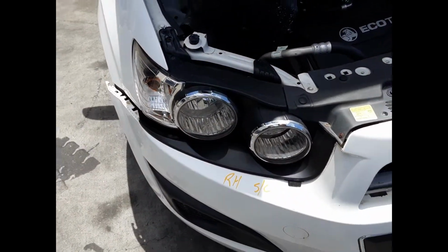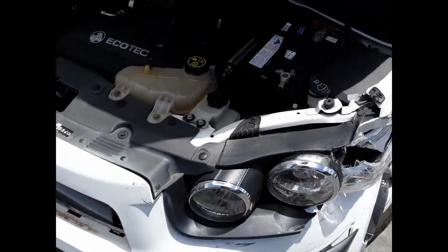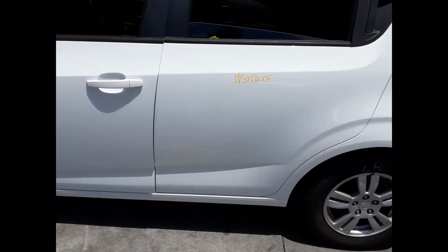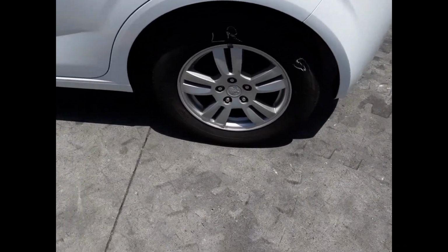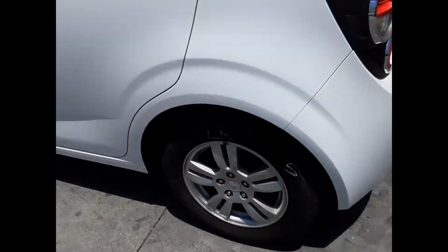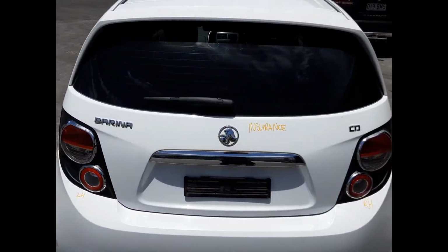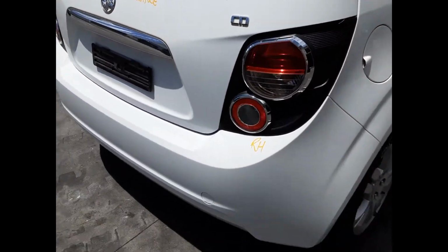We have the right-hand headlight, left power door mirror, left rear door appears to have no damage, left rear 15-inch factory alloy mag with a good tyre, left-hand tail light, tidy rear bumper cover, tailgate appears to have no damage, right-hand tail light, right rear